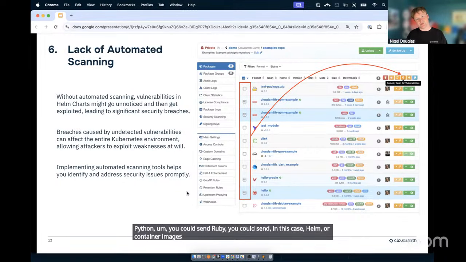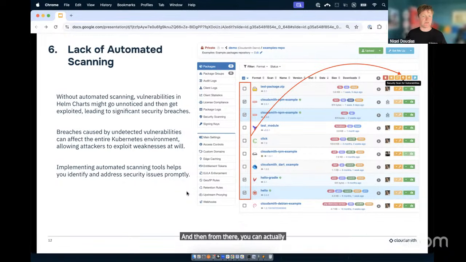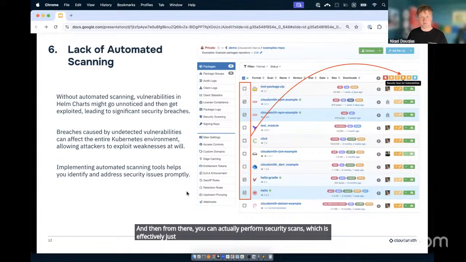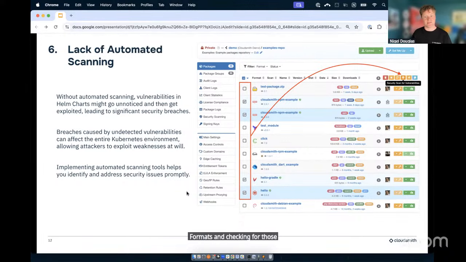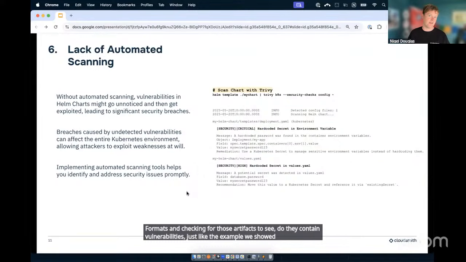You send those to the artifact management platform, and then from there you can perform security scans, which is effectively just Trivy scans, and aside from having CVSS scores, you'd also have EPSS, the exploitability score. So these are the cool things you could do around scanning a large volume of different formats and checking those artifacts to see if they contain vulnerabilities, just like the example we showed there,